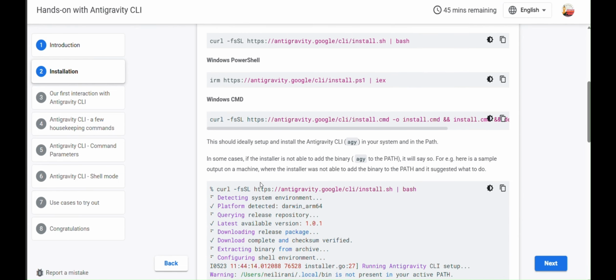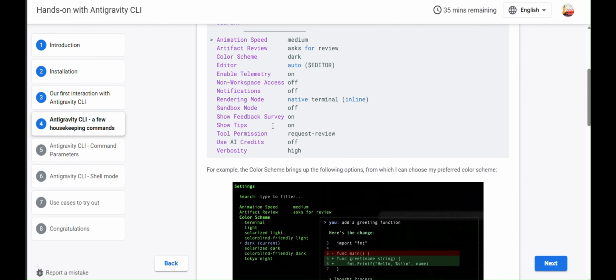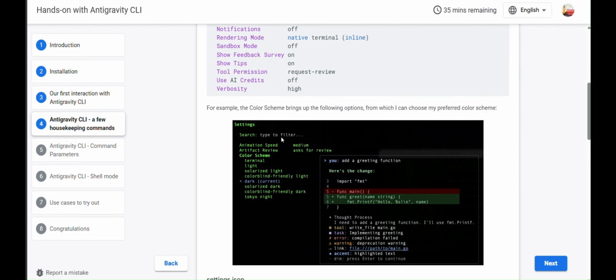And after installing Anti-Gravity, we can check the AGY hyphen version, and we can check for the workspace, accessing the workspace. And we are going to complete the modules: the first interaction with the Anti-Gravity command line interface, a few housekeeping commands, and the Anti-Gravity CLI command parameters, checking for the parameters,